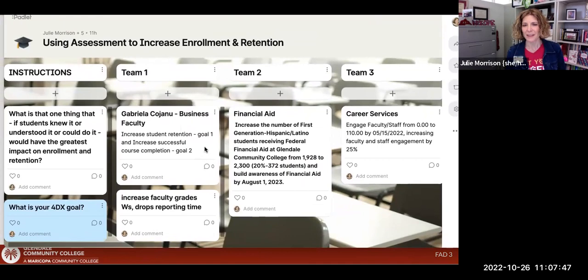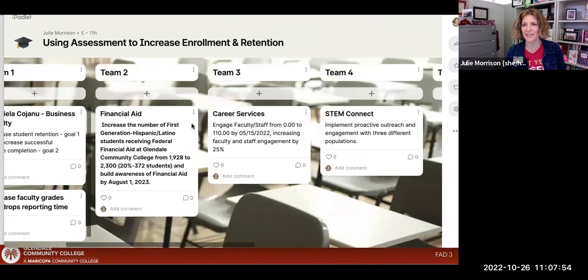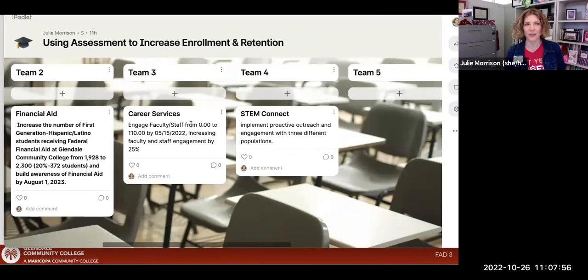Anyway, what I'd like to know, and again, you can put it on the Padlet, you can also put in chat, you can just unmute and shout it out. What is that thing that if students could do it would just make their lives far better and maybe even make your life far better? What's the barrier or the stumbling block?